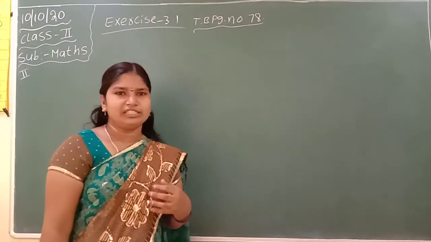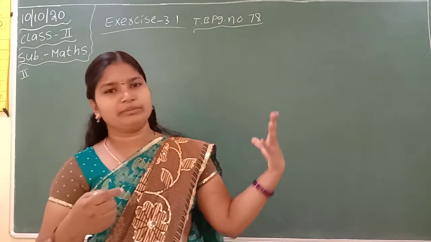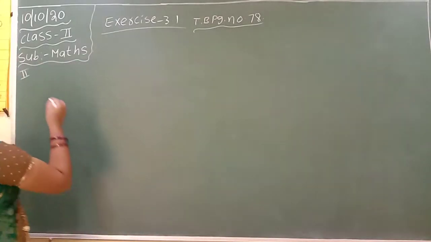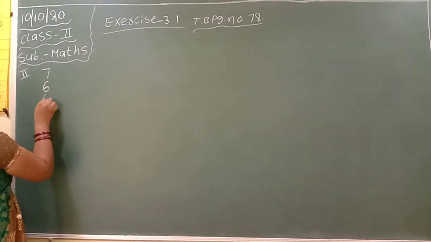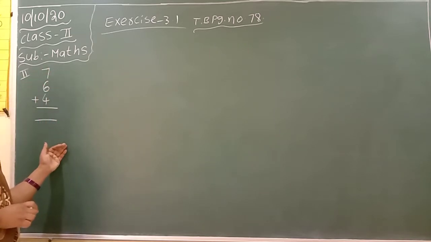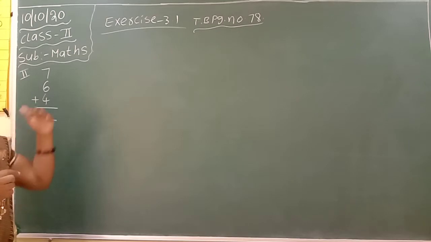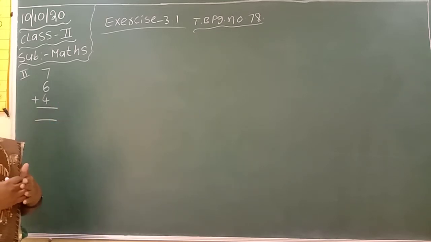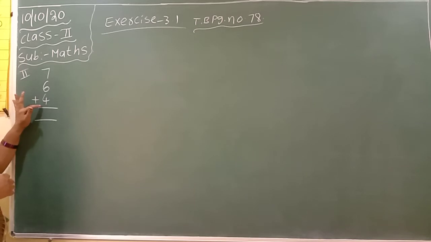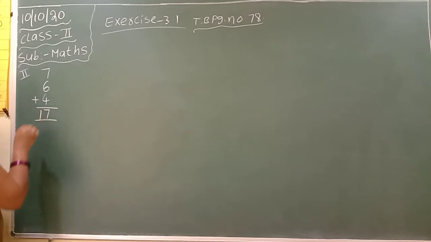Okay children, first of all, here we have to add up to 10 and then add the remaining numbers. I will explain how. For example, 7, 6 plus 4. These 3 numbers are arranged in standing line form. So we have to add the numbers that make 10 first. You have to observe which numbers added together give 10. Here 6 is there, here 4 is there. 6 and 4 adding gives 10. 6 plus 4 is 10. 10 plus 7 is 17. Okay, after that, next question.